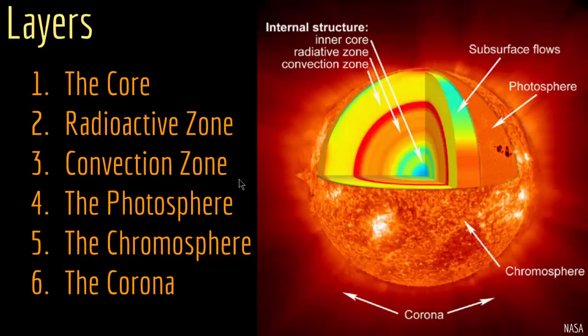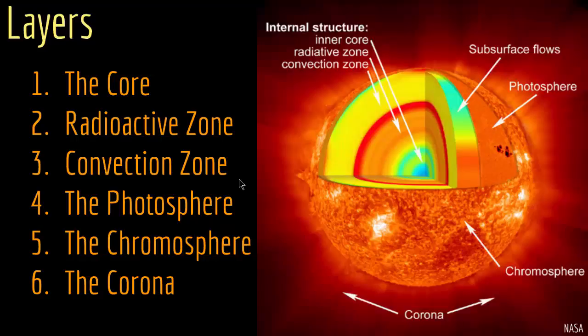Then we have the photosphere. The photosphere is the deepest layer of the sun that we can observe directly. It reaches from the surface visible at the center of the solar disk to about 250 miles, which is about 400 kilometers above that. The temperature in this region is about 6,000 to 4,000 Celsius. Then we get the chromosphere. This region is a layer in the sun between 250 miles and 1,300 miles above the solar surface. The temperature in this region is about 4,000 to 7,700 Celsius.